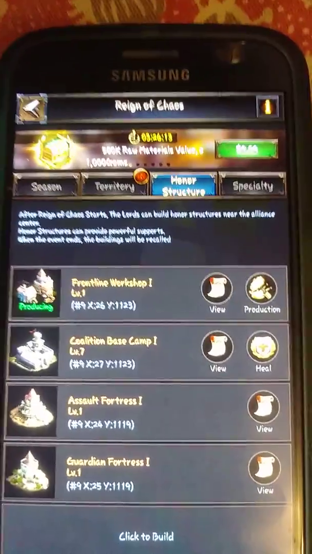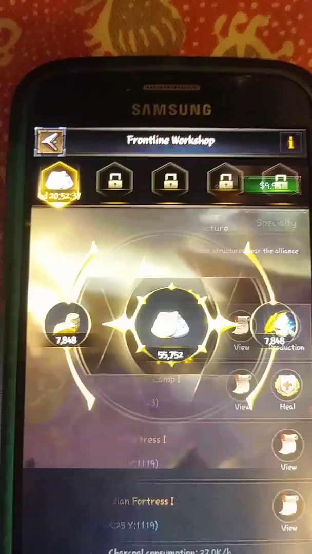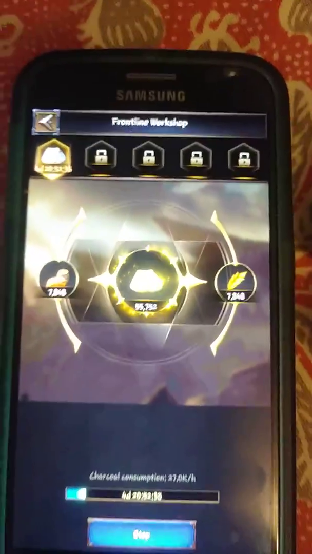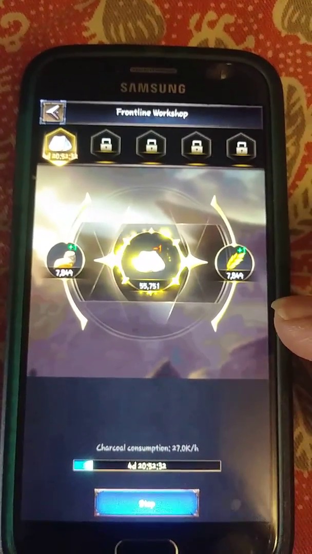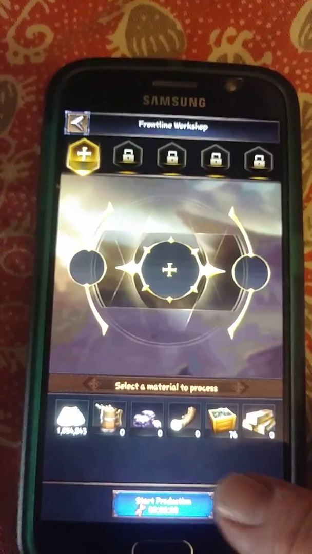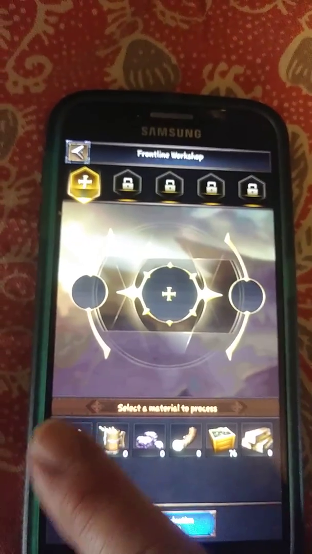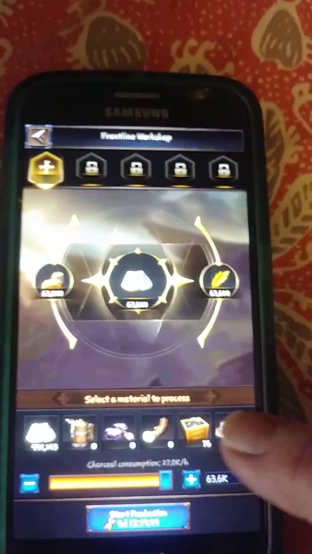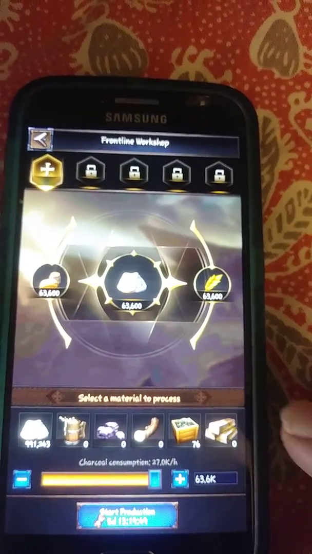And what you're looking at right now, this is your workshop. Your workshop is going to give you production to upgrade your buildings in chaos. Let me stop that. Stop! You can stop it and restart it at any time that you have resources available. This one doesn't have any metal resources for upgrading the workshop or the